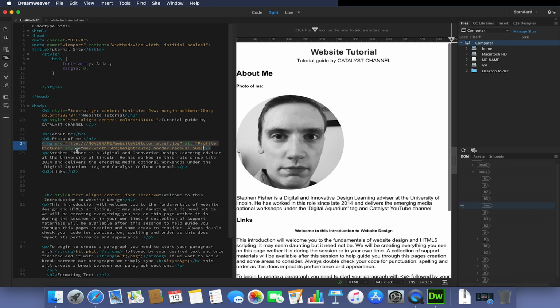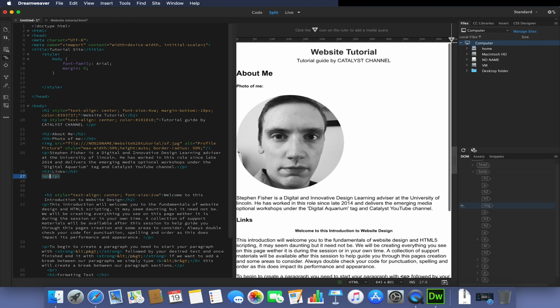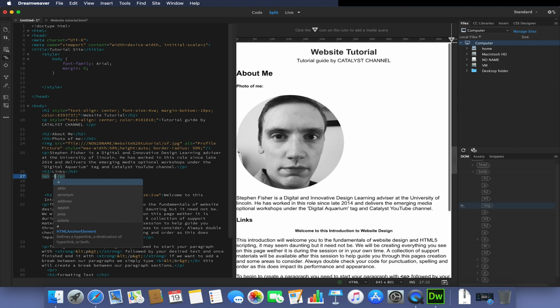And again, we could style all of this within our style heading up here by just referencing back to this image name. And I will go through IDs when we go through dividers. So in links, I'm just going to type in P for paragraph, space, open, and I'm going to do A, which references a clickable link,